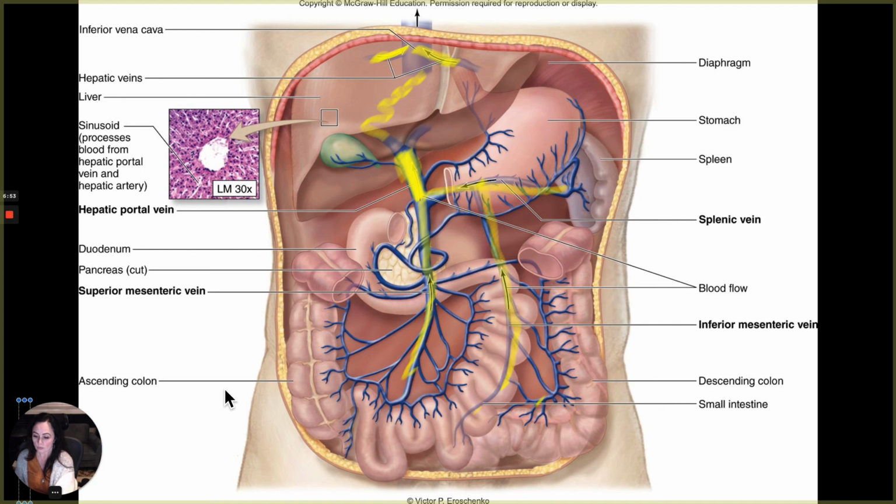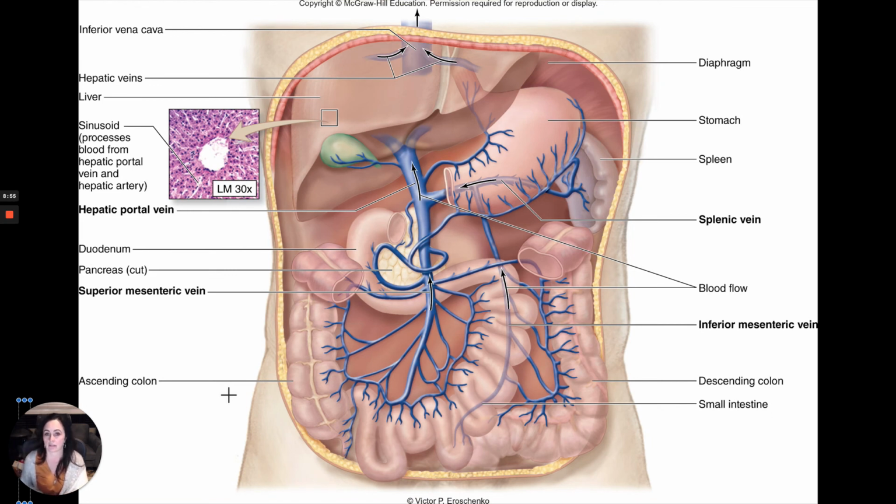So what is the point of all of this? The point is that all of this blood is being cleansed and monitored before it goes into circulation at large, because the blood that is coming from those intestines is not necessarily clean. I'll explain to you why the spleen is involved in that process in class. So the hepatic portal system is this. I always ask about it on the test, so definitely get used to looking at that one. Okay, so we'll stop that, and then I'll do pelvis and